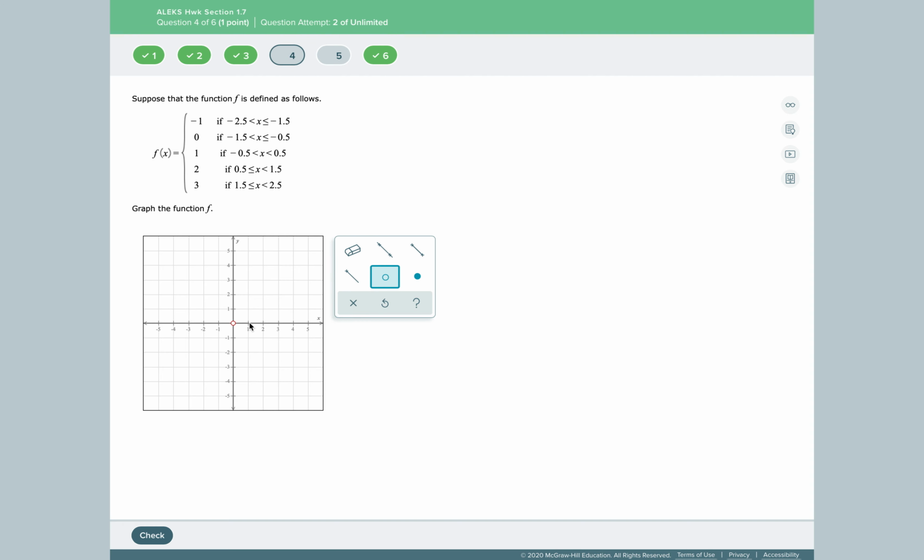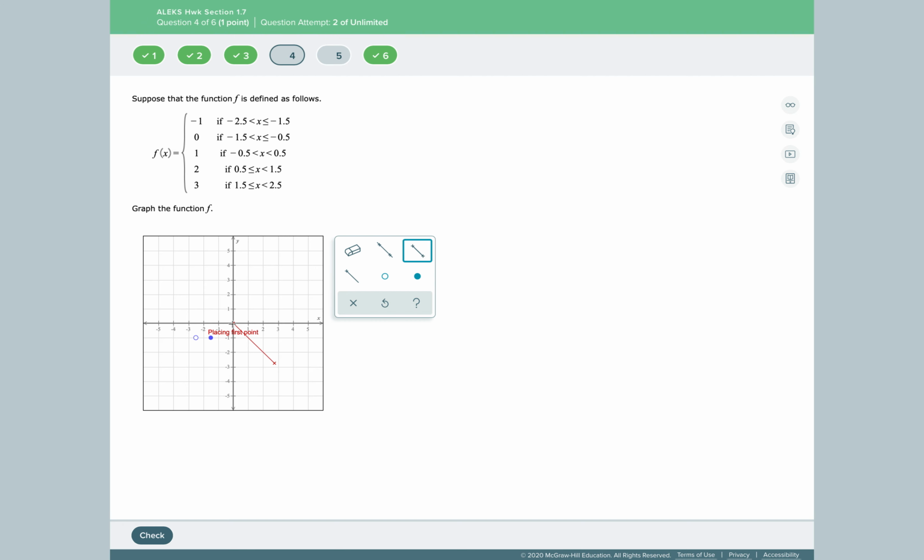Okay, and I have to click on this twice, and moving this, so you have negative 2.5 whenever y is at negative 1. And then we have less than or equal to negative 1.5, and this is whenever y is at negative 1. And if I connect